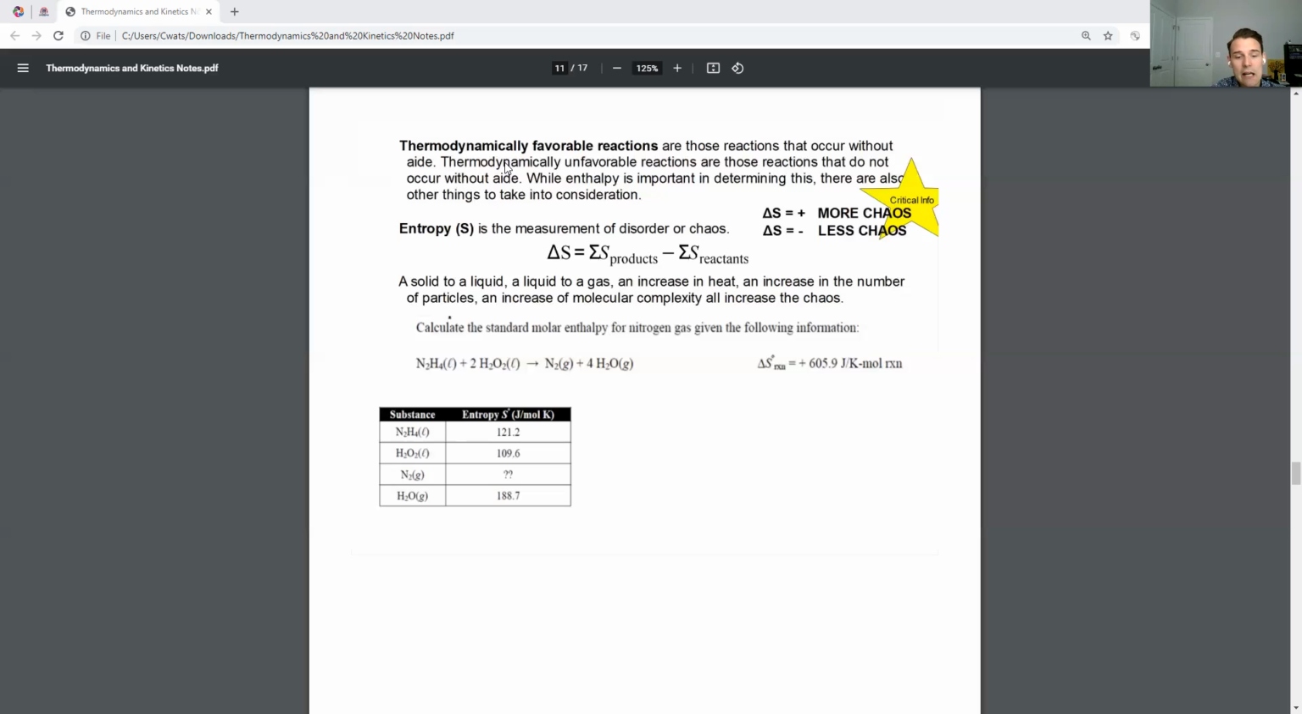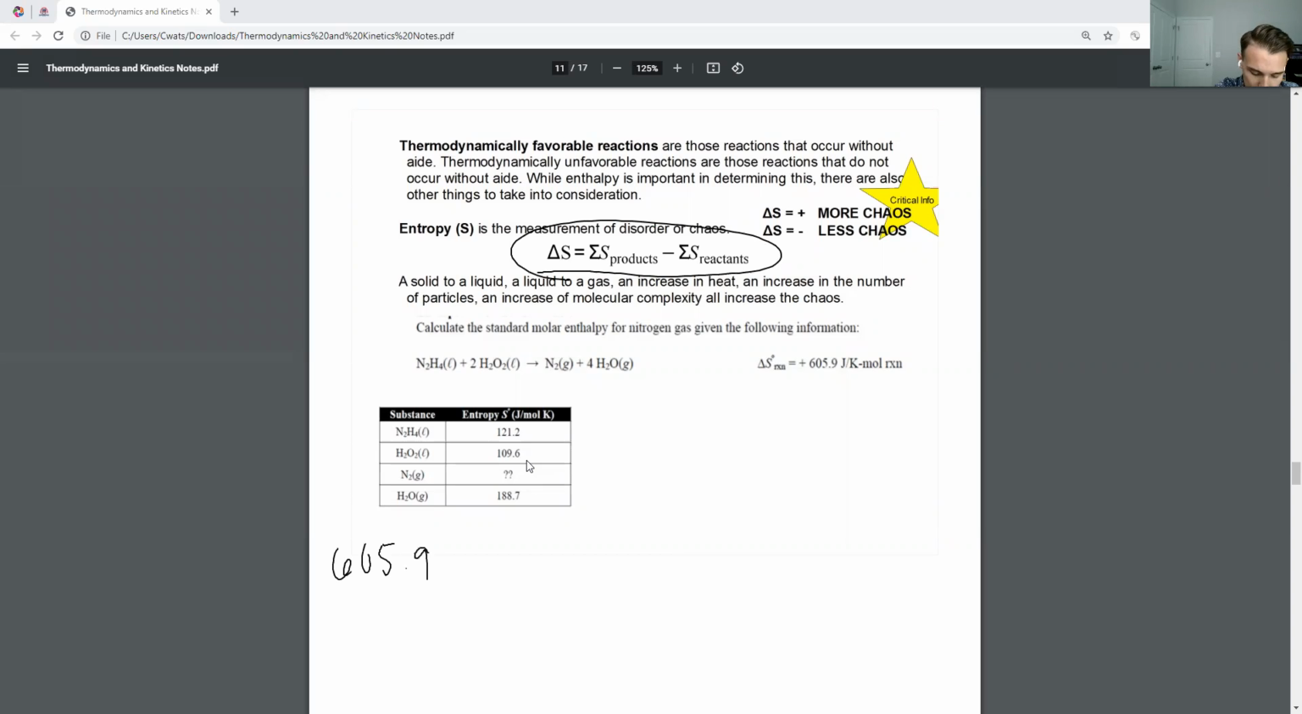Okay, let's calculate the standard molar entropy for nitrogen gas given the following information. So we have the total here, and we have the equation, and we just need to figure out what this nitrogen is. Okay, that's fine. So I'm just going to use this equation right here. So the total,